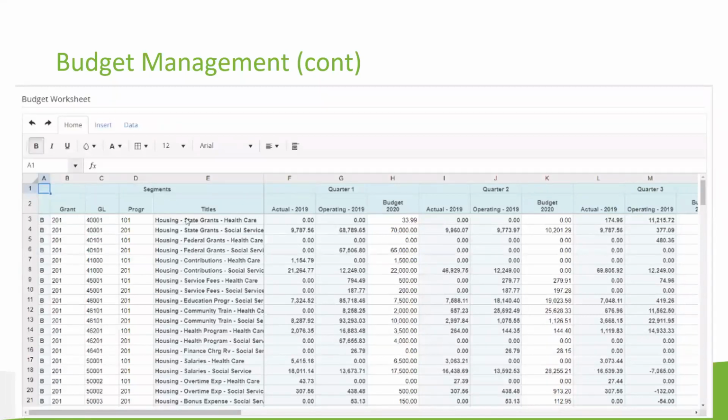Well, it would take that 12,000 divided by the 4 quarters and apply 3,000 to each quarter. So I only have to enter it once over on that budget spread, and it impacts everything that's inside my report.